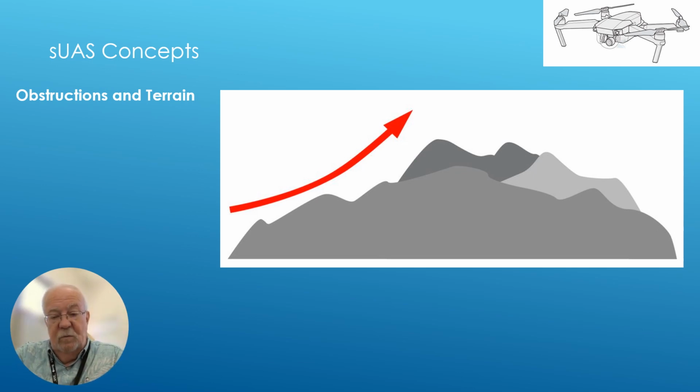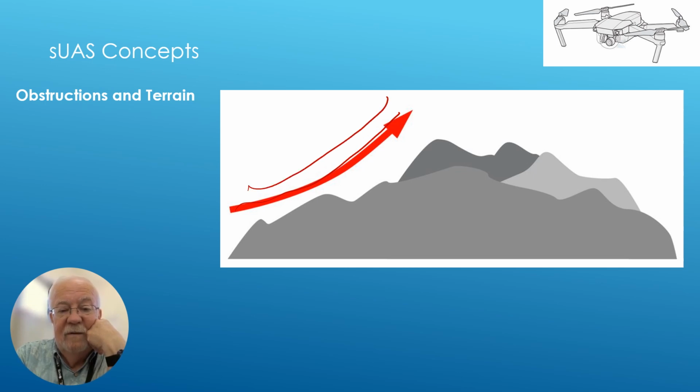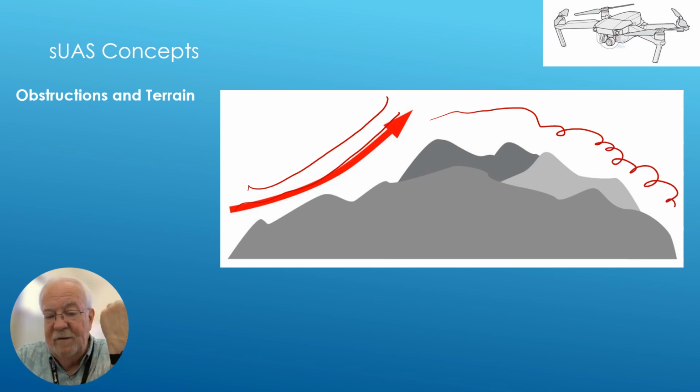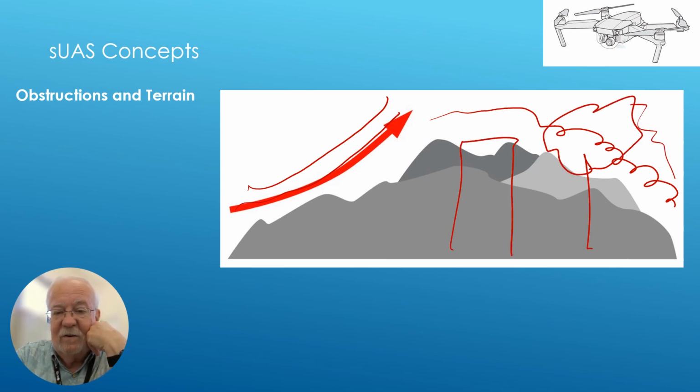Other things are, as the wind moves across the surface of the earth, buildings or hills or even trees will cause turbulence following. So we have the wind blowing up, which is great. It's giving you some uplift here, but as the air goes across here, it tends to be turbulent on the downwind side of an obstacle. And this is just a mountain. It could be a building, it could be a tree, it could be anything that is going to cause some turbulence on the downside of the wind. And the turbulence increases with the velocity of the wind. If there's a lot of wind, it's a lot of turbulence. If it's less wind, maybe not as much.